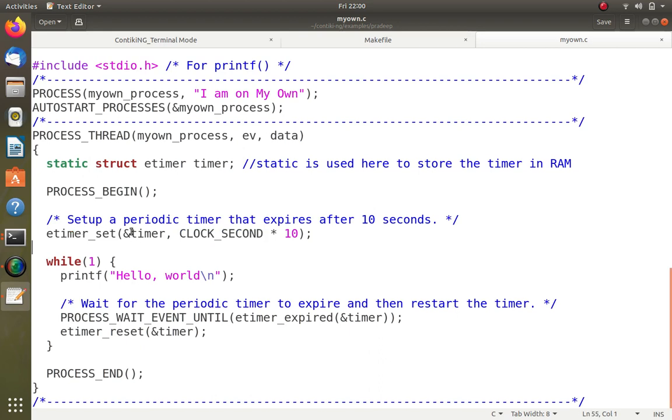So: timer set, ampersand timer, clock second into 10. Maybe for changing, I'll just use 5 seconds now. Okay, now while true, that is, while 1 means while true, print hello world.